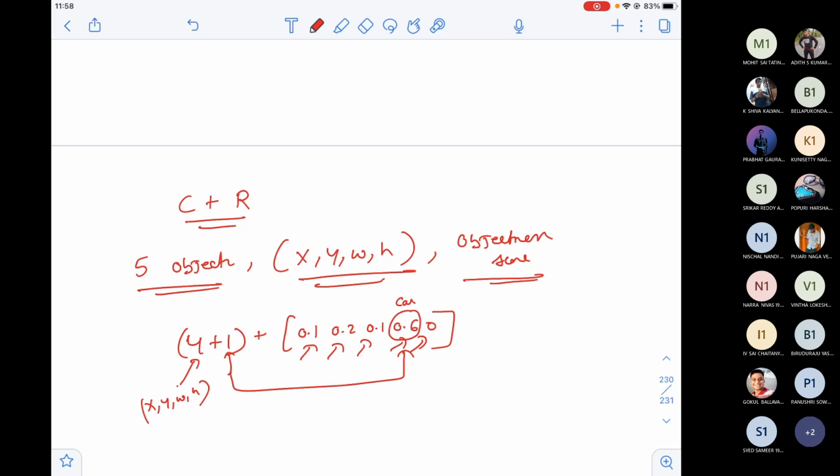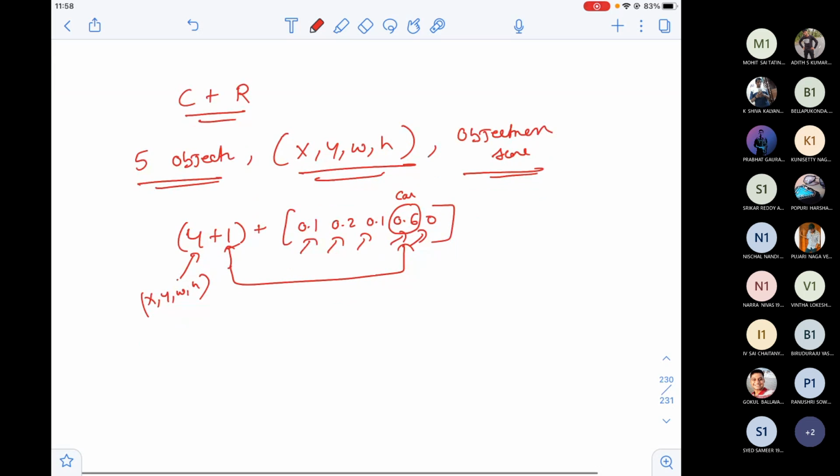Now see, this is a beautiful concept, guys, where I have a single output layer. It is actually predicting both classification and regression values. You realize, guys? Earlier in RCNN, I used to have a classification module and a regression module separately. But now, it's just a very simple thought that they have. Classification is also numbers.